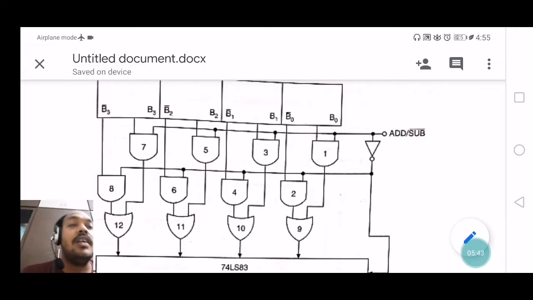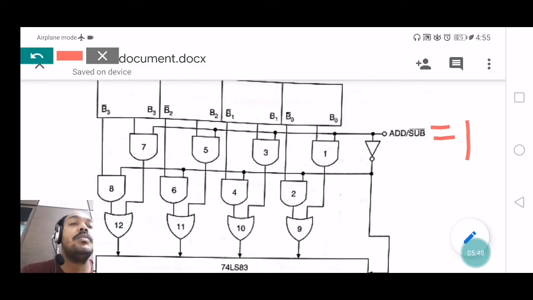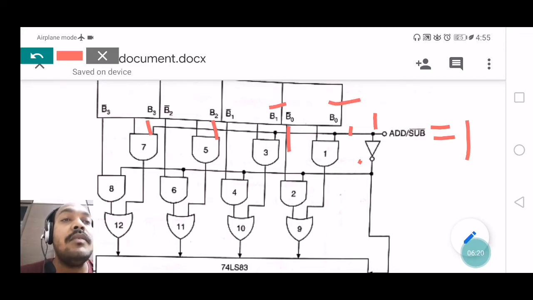First of all, I am taking one example: if I am applying 1 for this control input, what happens? The control input 1 is carried forward to the first AND gate, the third AND gate, the fifth and the seventh, so one of the inputs is 1. These gates 1, 3, 5, 7 all belong to AND gates, and each AND gate consists of two inputs. One input is connected from the control input, adder/subtractor, and the other input is connected from B0, B1, B2,